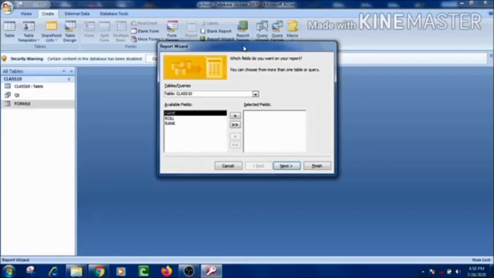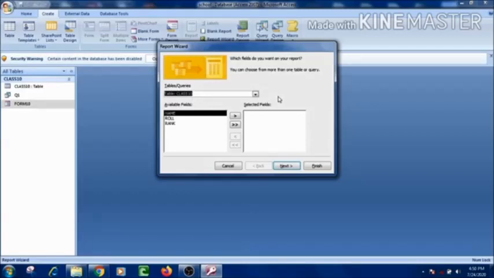In this, first I will select the fields. First I will select the table or query on which we want to create the report. Suppose that I am selecting the class 10 table. Now the class 10 table is selected.